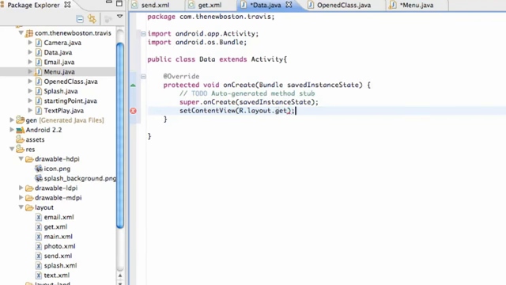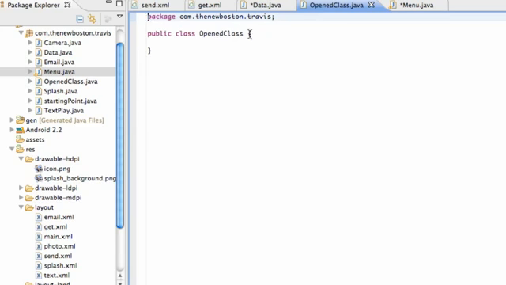And then set up our other class called open class to send. Just want to make sure you guys got those references set up. And then again, initialize all of your variables, get them set up in XML, or the reference bridges that we've done in the past plenty of times. Get those set up, but don't worry about the RadioGroup for open class activity. I'll show you guys how to set that up in the next